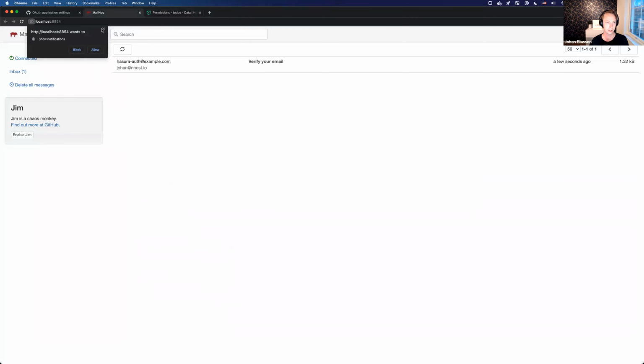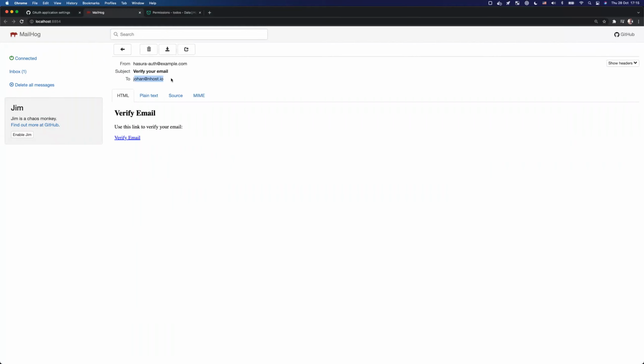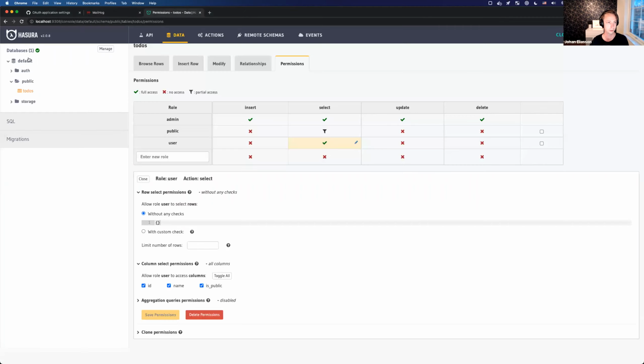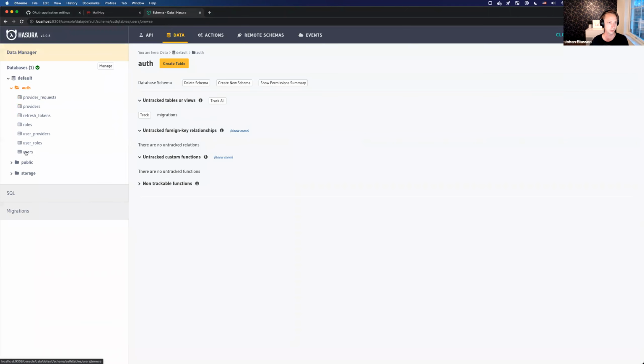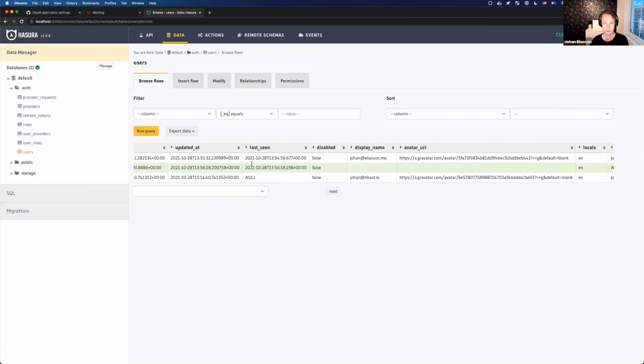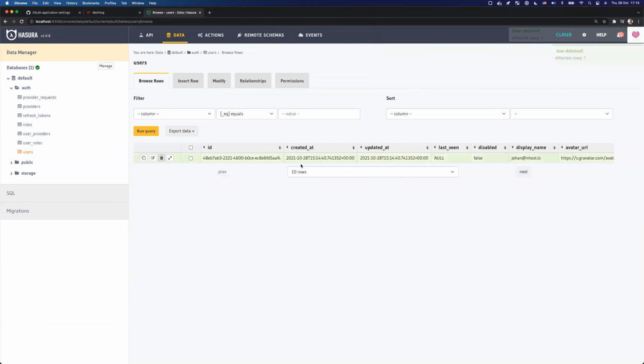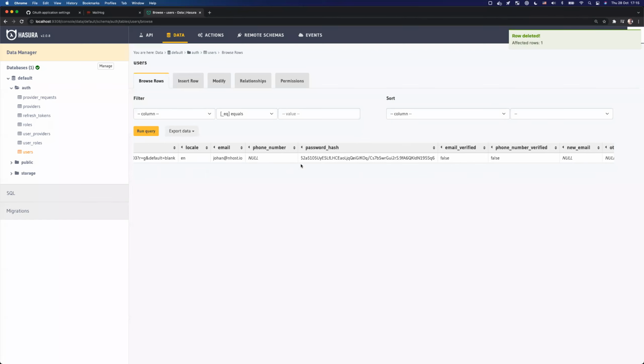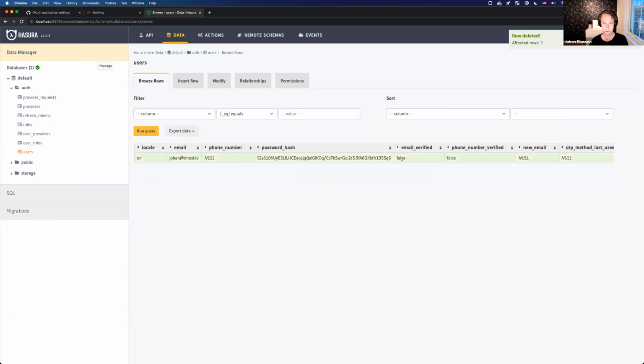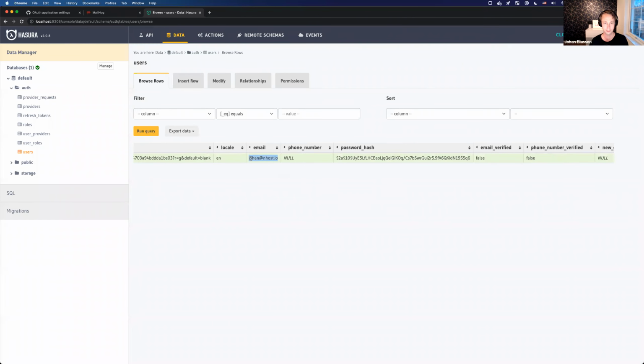And so if we go to Mailhog here, Mailhog will run locally as well. So all emails going out, you will be able to catch here to test locally. You can see I was actually sending this to my own email address, but for local development, every email gets here. Before I click to verify, we can just go to the users table. I should have cleaned this up. Let's remove these two. So if I scroll here, email verified is false, and you can see this is the email address I'm using.